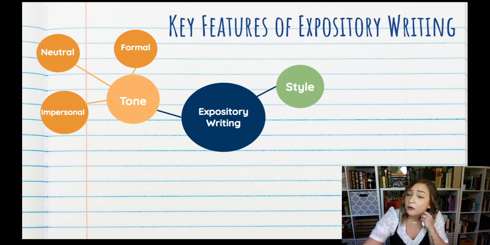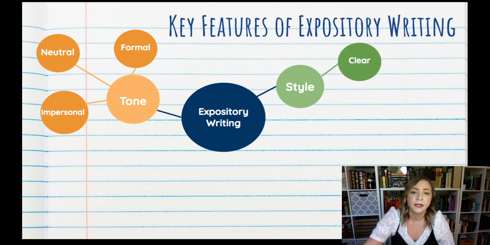Okay, so this goes along with tone, but this is also going to be about how you structure the essay, how you put the information together. Of course this varies, but there are going to be some key features that are almost always true for expository writing. Okay, so clarity is one of the most important components of expository writing because your goal is to